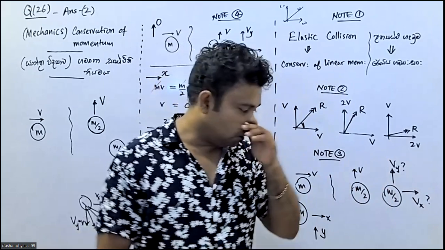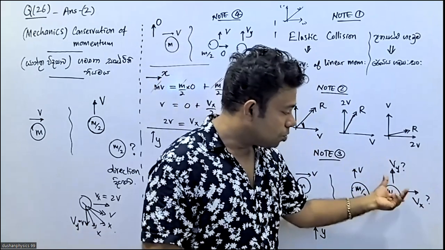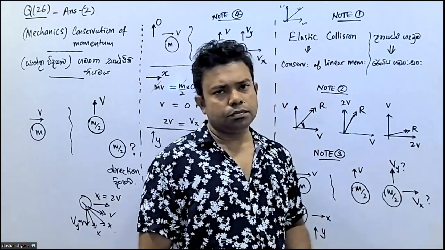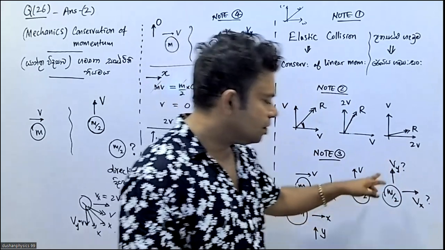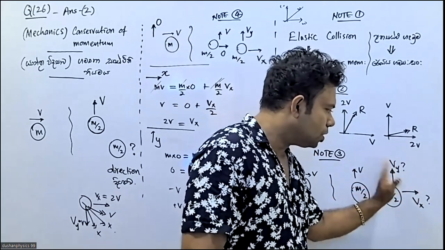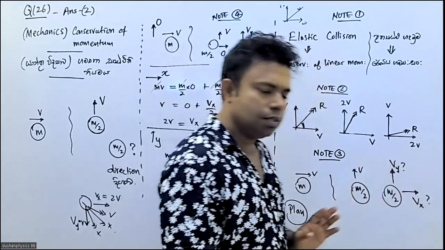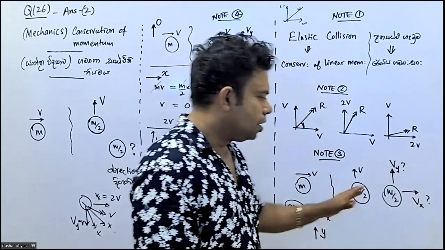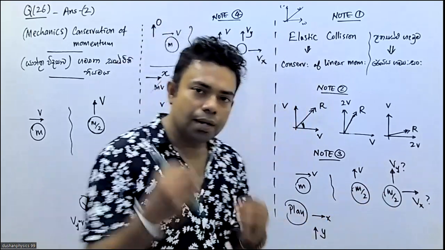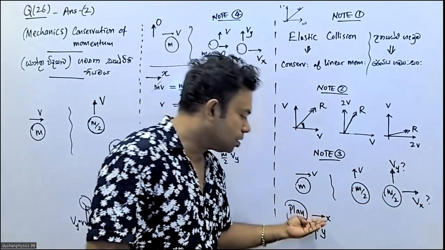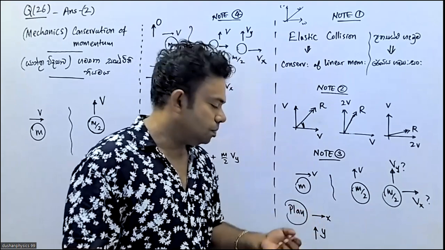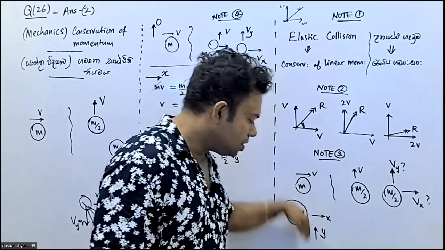You can't solve the question otherwise. You have to go with this particular method. So we may ask, is it okay, am I going to take the direction? It doesn't matter. You can simply say vx, vy like this. Okay, so the plan is that you always have to apply conservation of linear momentum towards the x-axis and y-axis